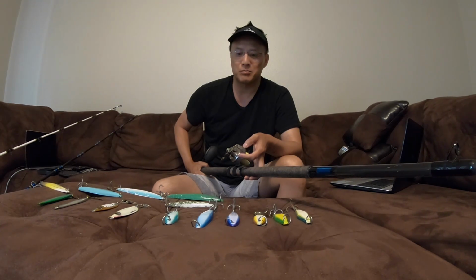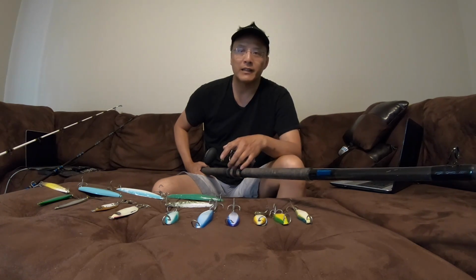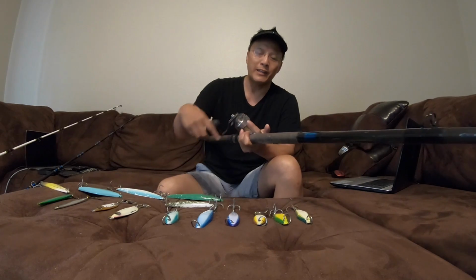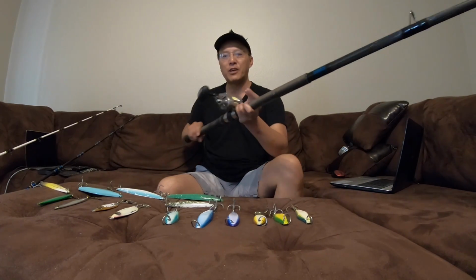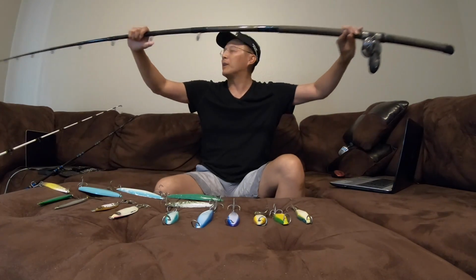Different days they'll bite at different speeds. Some days they want it super fast, and you're going to crank it at lightning speed back. Other times, you're going to be cranking it at a medium pace or a steady pace, and you'll get bit more. So these are the two types of gear, or the two types of rods, that most people would use